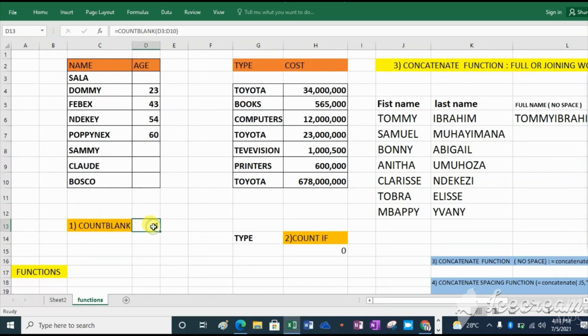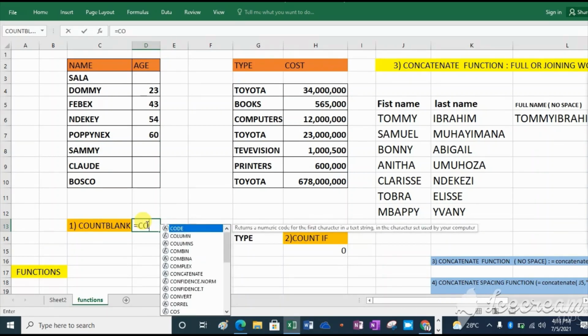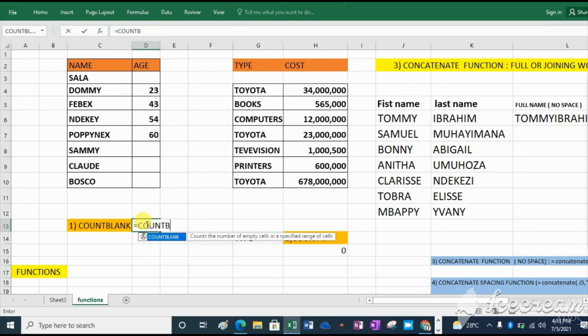If you need to use this formula, known as the count blank function, you write an equal sign, then you write count blank, open a bracket, select from here up to here, close the bracket, then click enter.